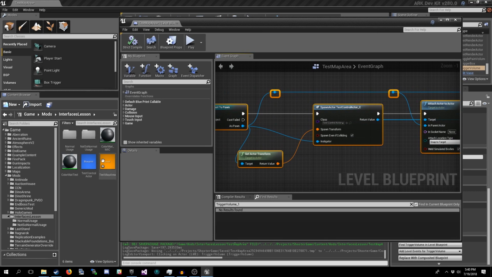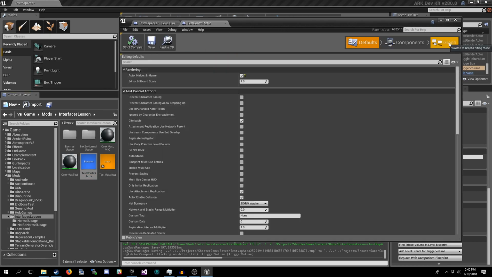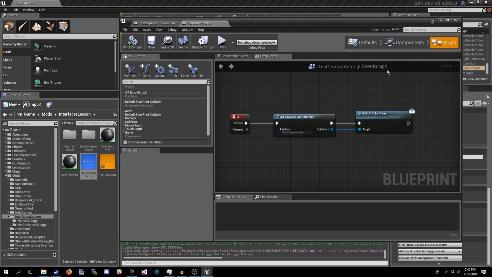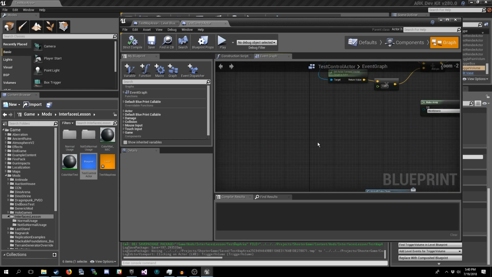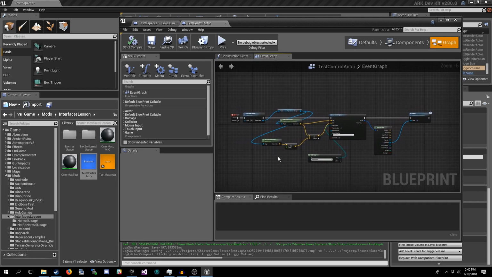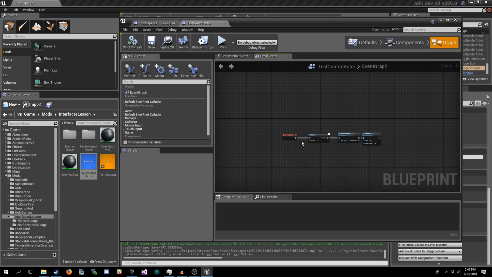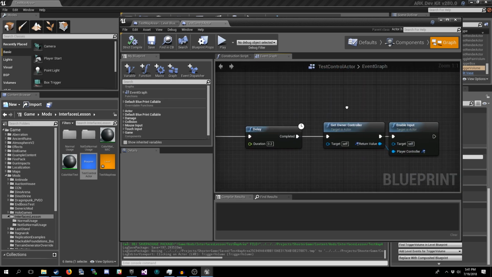Now, this test control actor is just sort of an interface. Gotta avoid the word interface here. This is an actor that will capture our input for the purposes of this example. Okay. So there's two keybinds in here. The way this works is on begin play, I put a little delay.